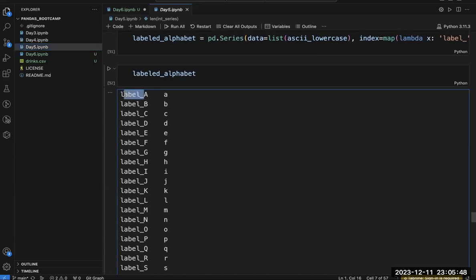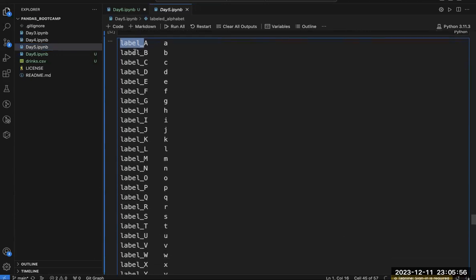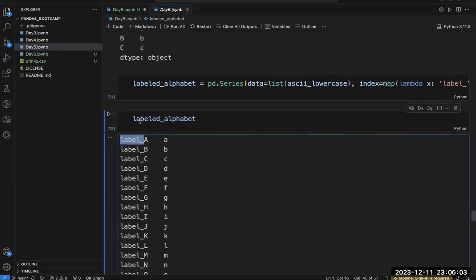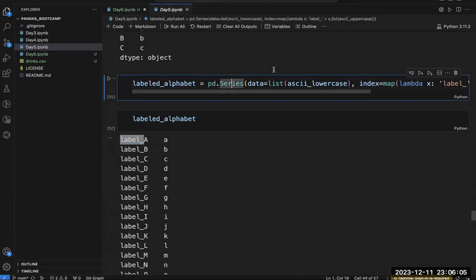This is basically a prefix to the labeled thing: A, B, C, D. In every row, in the label section, I have prefixed this label underscore. For prefixing this, I have to write this many lines of code.